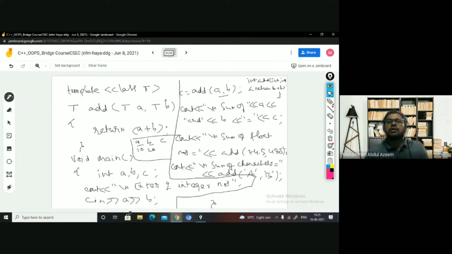A version is generated. Got it? And this version is going to be implemented for this particular call. It means that for function templates, the memory will not be allocated. Memory is going to be allocated only when the data type is mentioned, because the compiler will have to create the memory only for data types.